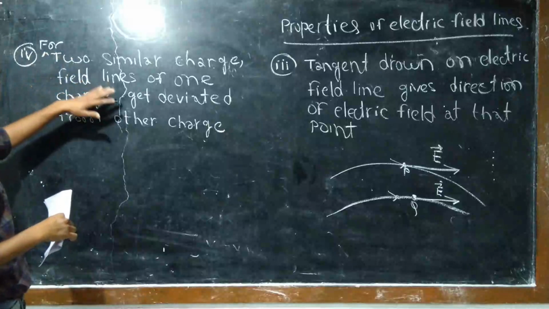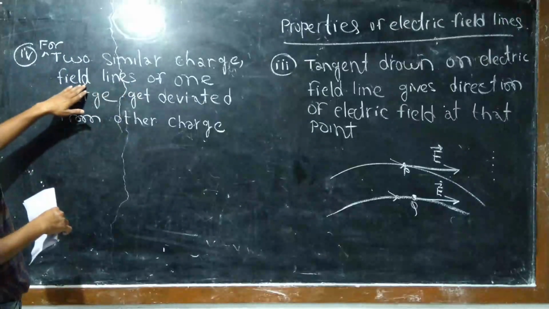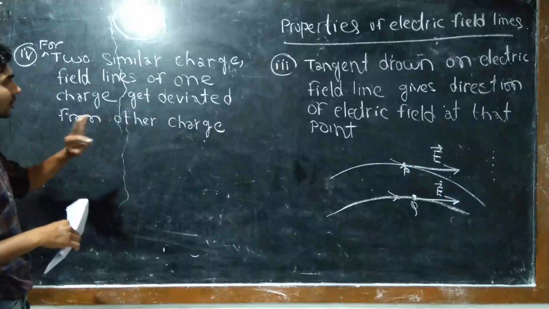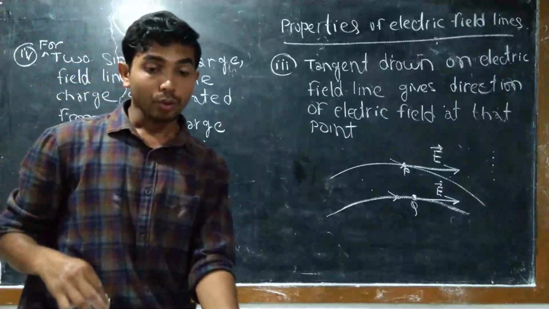For two similar charge, field lines of one charge get deviated from other charge. Okay. So now see,